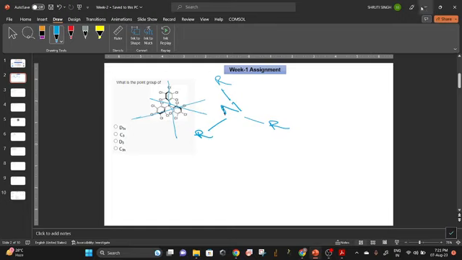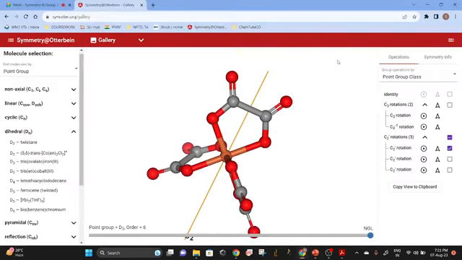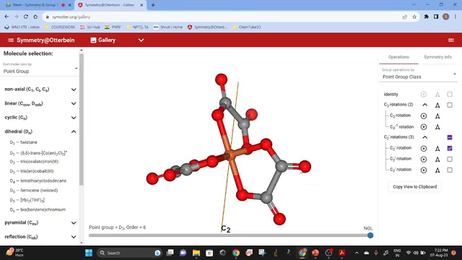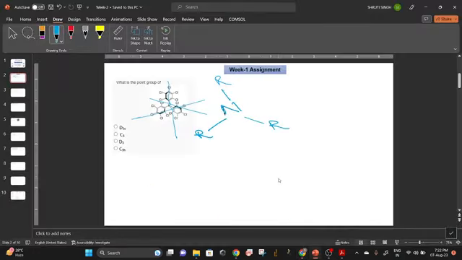Ma'am, that will only be possible when the rings are planar, when the nitrogen is lying in the plane. But it is tilted, it is like pyramidal now, and the lone pair is also there. Ammonia is not having any C2. So should this whole structure be like ammonia, or is it planar? If it is planar, then we can imagine C2 is there. But if it is like ammonia, then ammonia is not having any C2. Yeah, that is true.